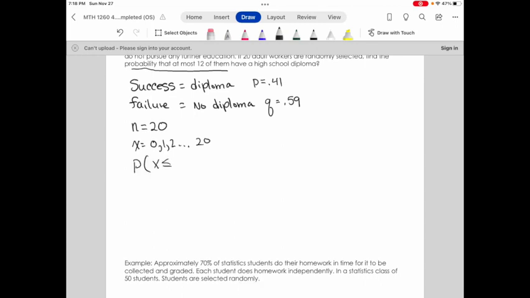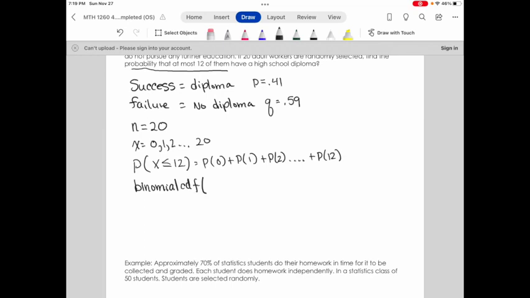Now, we need to find the probability that X is less than or equal to 12, because in the problem it says at most 12. So 12 is going to be the highest number. So we want to find the accumulated probabilities from 0 to 12. We can find the probability that X is 0 plus the probability that X is 1 plus the probability that X is 2, all the way up to the probability that X is 12. We could find the individual PDF values and add them together, or since this is going from 0 to 12 and we're looking for that accumulated value of all those probabilities, we can just do